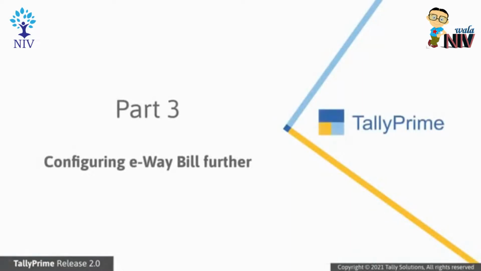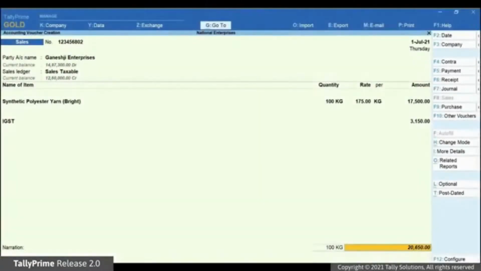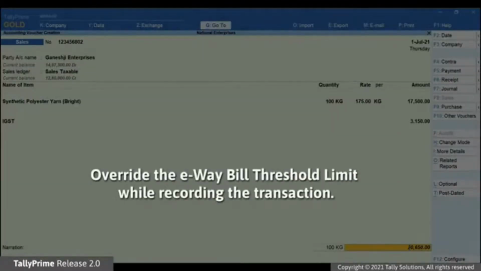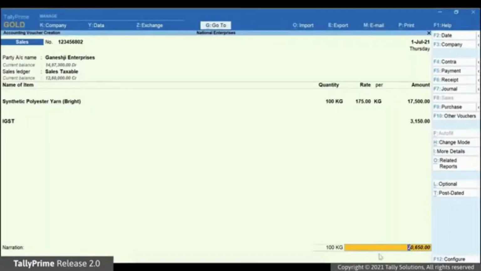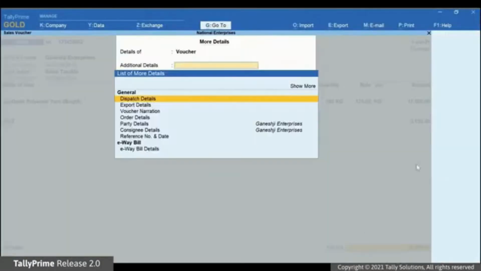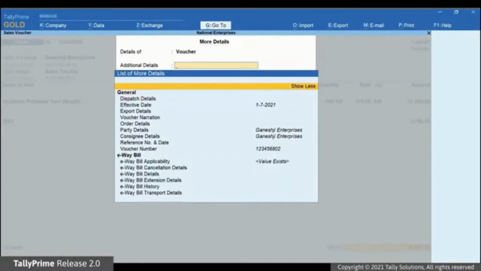Now, let's look at other configurations possible in e-way bill. You can override e-way bill threshold limit while recording the transaction. Click More Details or press Ctrl I, select Show More and press Enter. Select e-way bill applicability and press Enter.